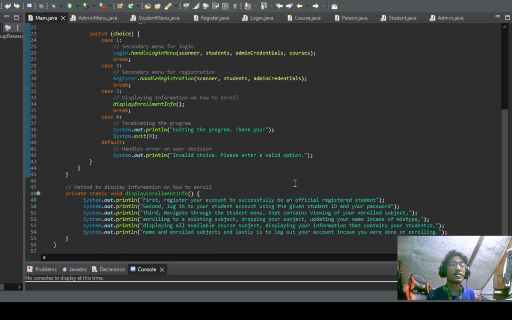The admin user can also view everything of the subjects available on the enrollment system, and they can also view the available students enrolled and their specific enrolled subjects. And that's not all. This admin is also able to generate a report, which shows